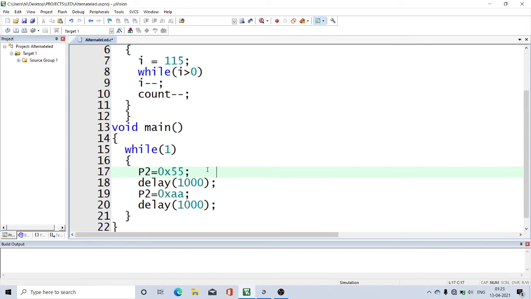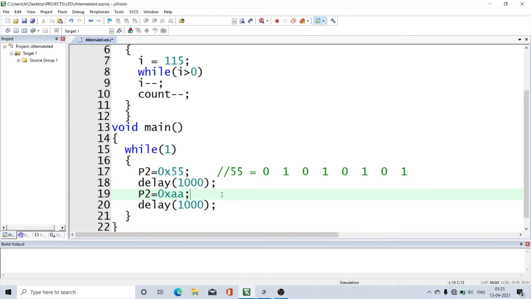0x55 is equivalent to 0101 0101. 5 is represented with 0101, and 5 is represented with 0101.